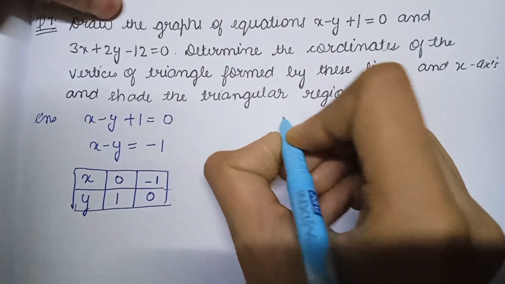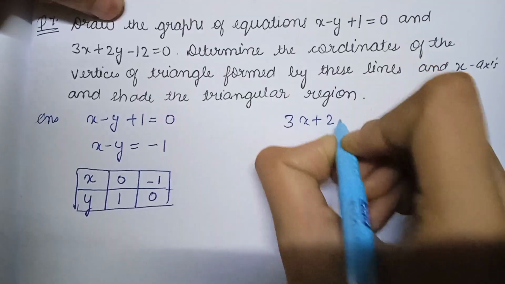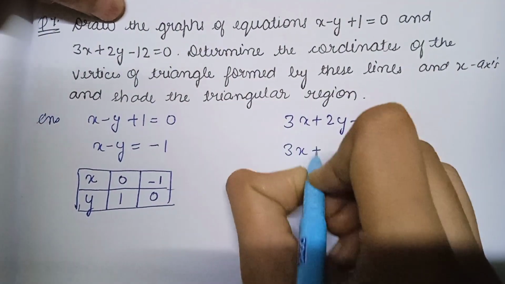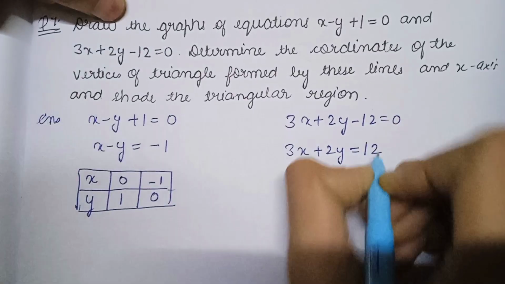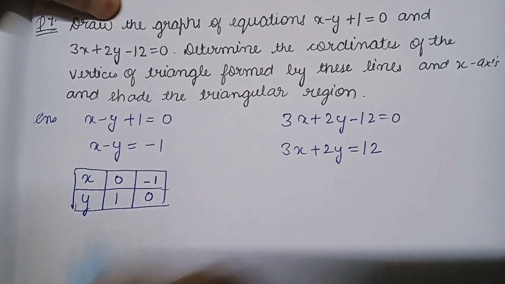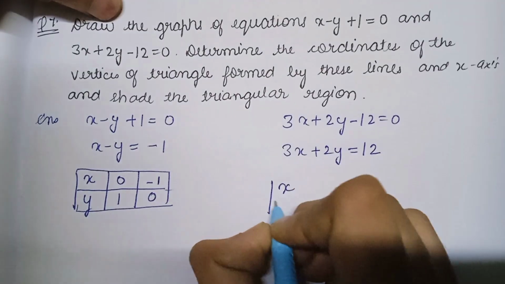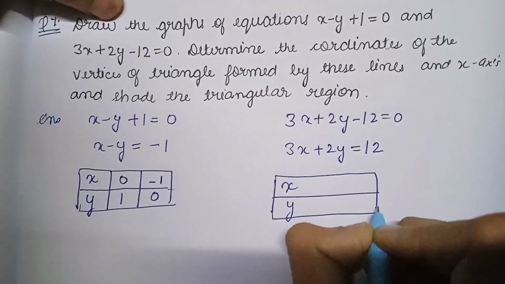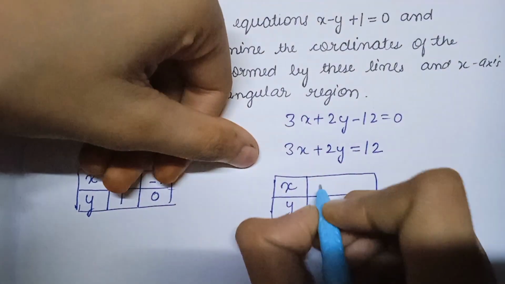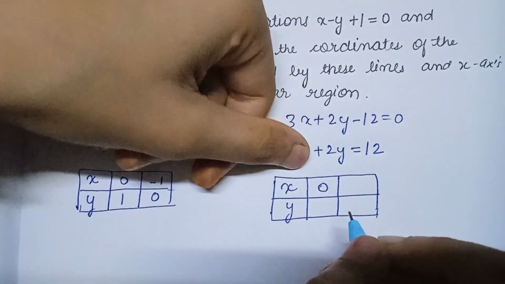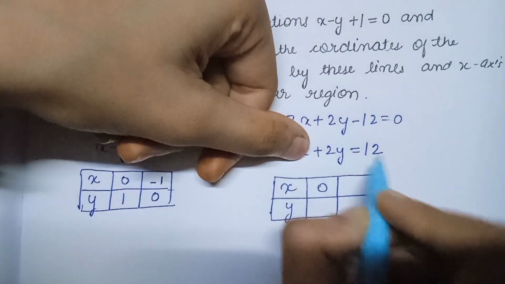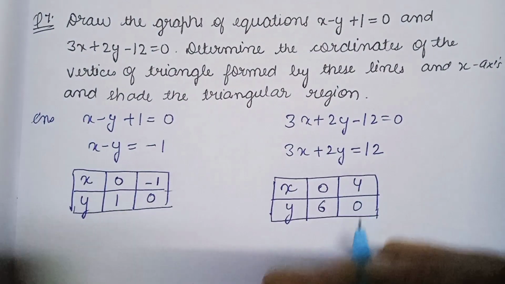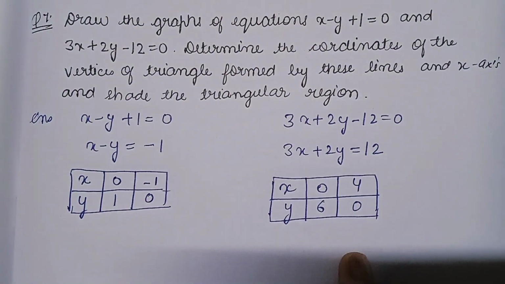So what is our second equation? It is 3x plus 2y minus 12 is equal to 0. This can be written as 3x plus 2y is equal to plus 12. Now again we have to find out the desired points for x and y which satisfy this equation. When we put x is equal to 0, x की value 0 means ये वाला point गया, तो 2 6 are 12, and when we put y is equal to 0, we get 3 4 are 12. We got the points for both these equations.